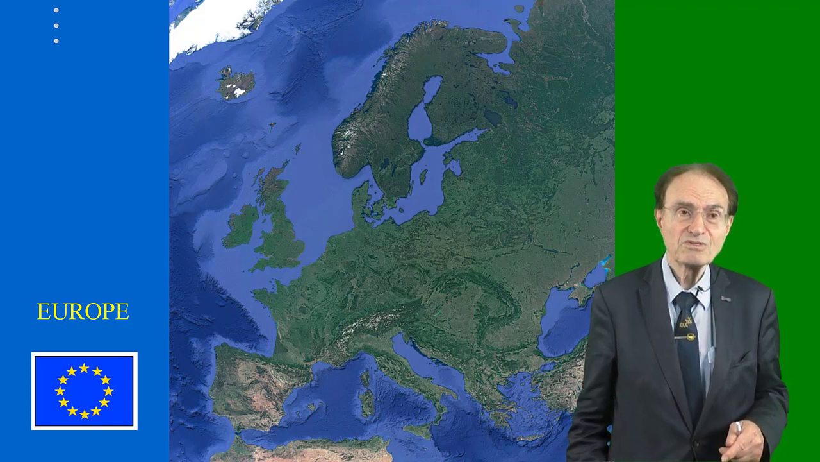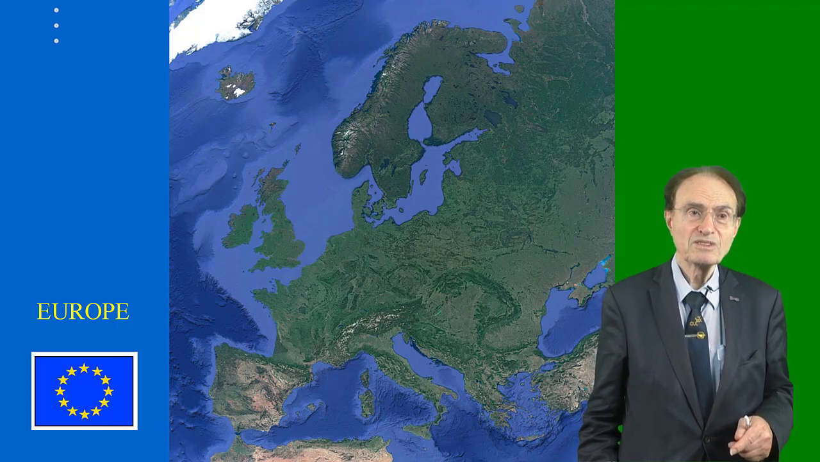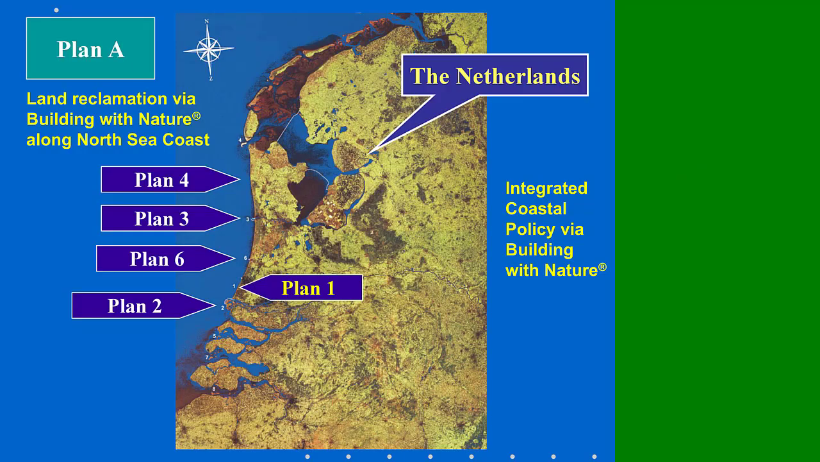Now we are coming to the various plans. So we start with Europe, and within Europe we have the Netherlands. The Netherlands has three types of coast: the island coast, the uninterrupted but segmented coast, and Hoek of Holland, in which we have a primary range